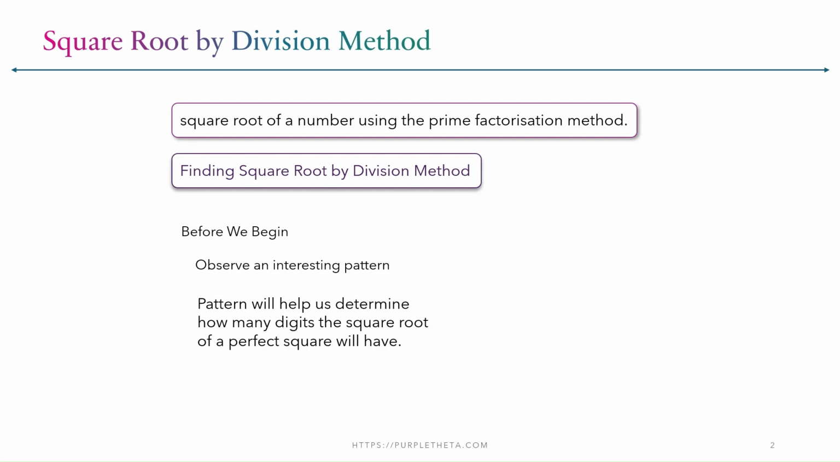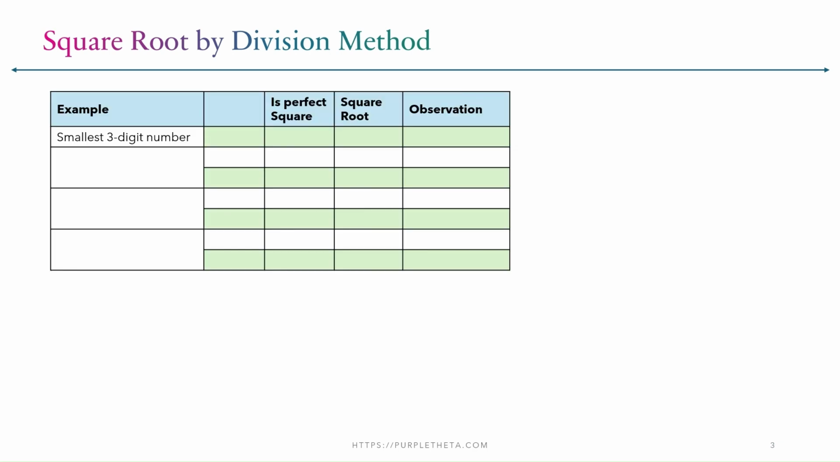This pattern will help us determine how many digits the square root of a perfect square will have. We know that the smallest 3 digit number is 100 and it is also a perfect square, right? Its square root is 10, which is a 2 digit number, right? The largest 3 digit number is 999. However, this is not a perfect square. The greatest 3 digit perfect square is 961 and its square root is 31, which is also a 2 digit